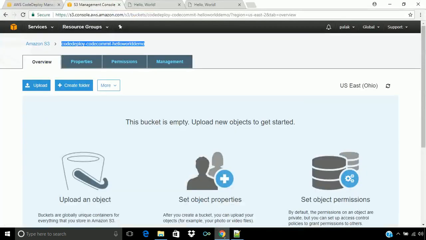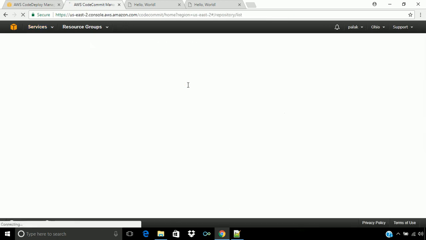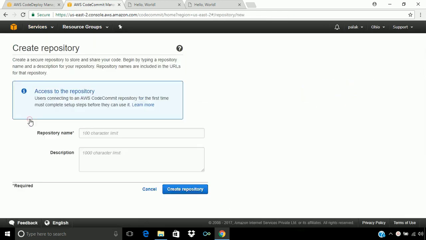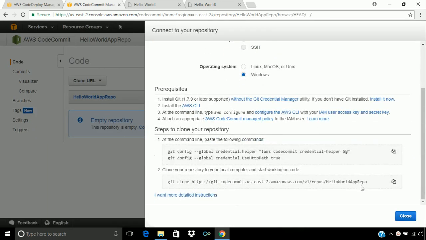So let me navigate to the code commit console. So now let's create a new repository, and name it hello world app repository, and then let's create the repository. Now let's clone this repository.